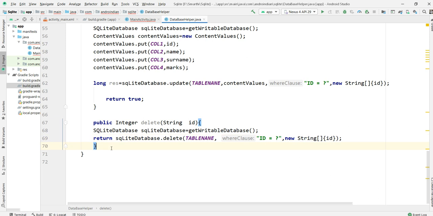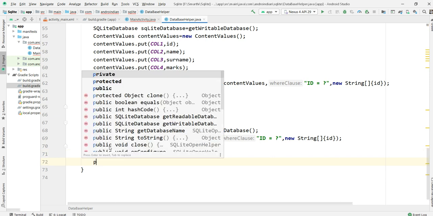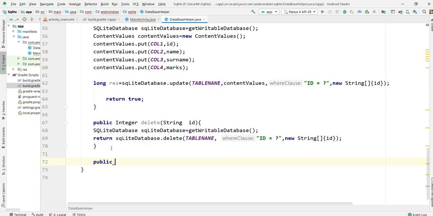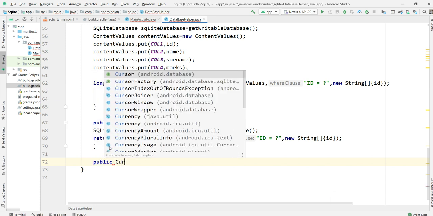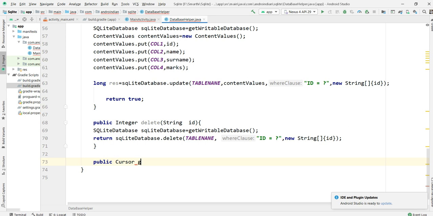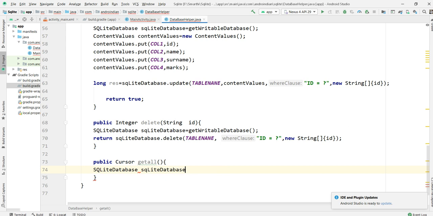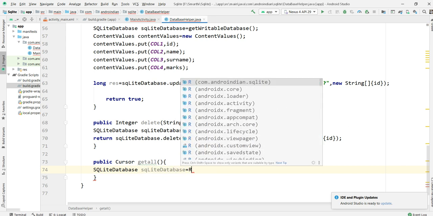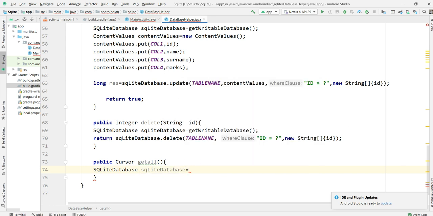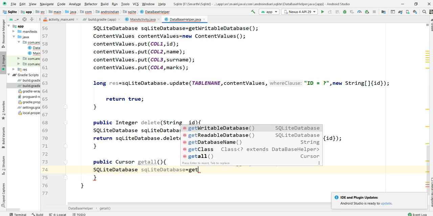And last, we want to capture the data. We can say that as get data. Here the data is read with a cursor, because data can be read cursor by cursor. So a database cursor is required, so get all. There is no return type for this because I want to get all the data. Here a readable database is enough, since we are just reading the database. So I'm taking the SQL get readable database.